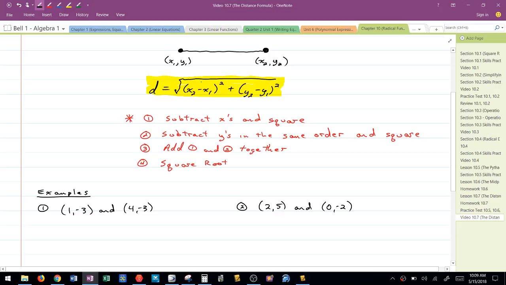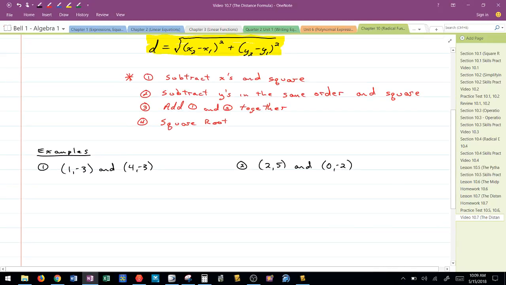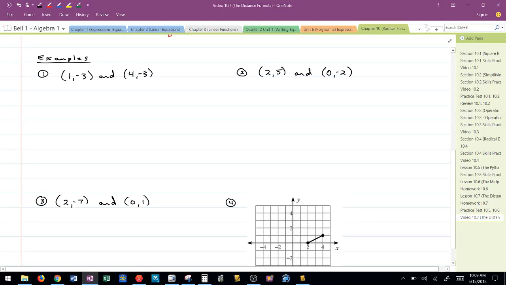So for the square root part, we have to either leave it in simplified radical form, but we also want to make sure that we can approximate it to 2 decimal places. Alright, so in red here is the way that I think about the formula and how I apply it. For example number 1, I know that the distance is going to be the square root